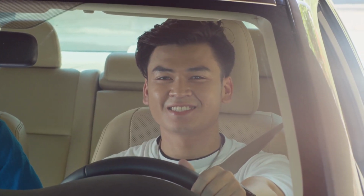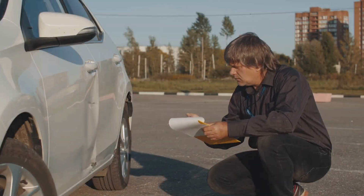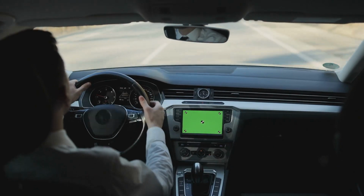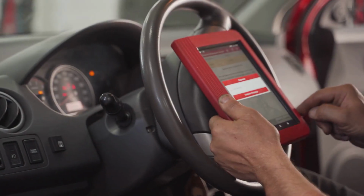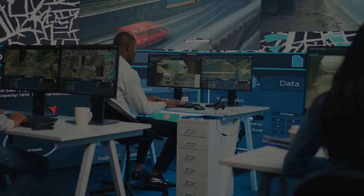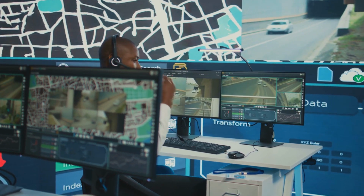Hey there, fellow drivers. Let's talk about something both fascinating and a little creepy: telematics. It's basically Big Brother in your car, but instead of a totalitarian government, it's your insurance company. And instead of watching you shower, we hope it's monitoring how you drive. Telematics involves putting a little device in your car, often plugged right into that mysterious port under your steering wheel. It's like a little black box. But instead of recording your final words before a crash, it's tracking every turn, every speed bump, every late-night taco